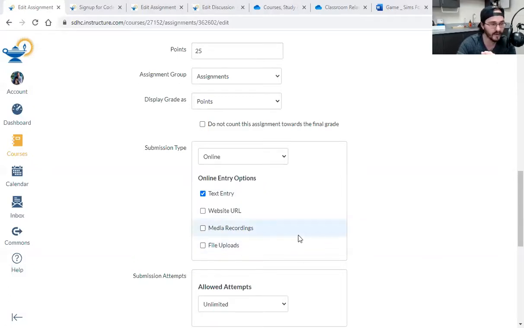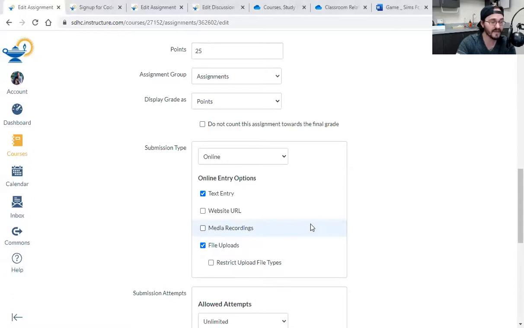You could also do multiple, right? Where you can say, okay, please include an analysis on this poem by Blake. And you can type it out as a text entry, or they can save it as a document. So they can read it, type it up in Word, and then upload that Word document.